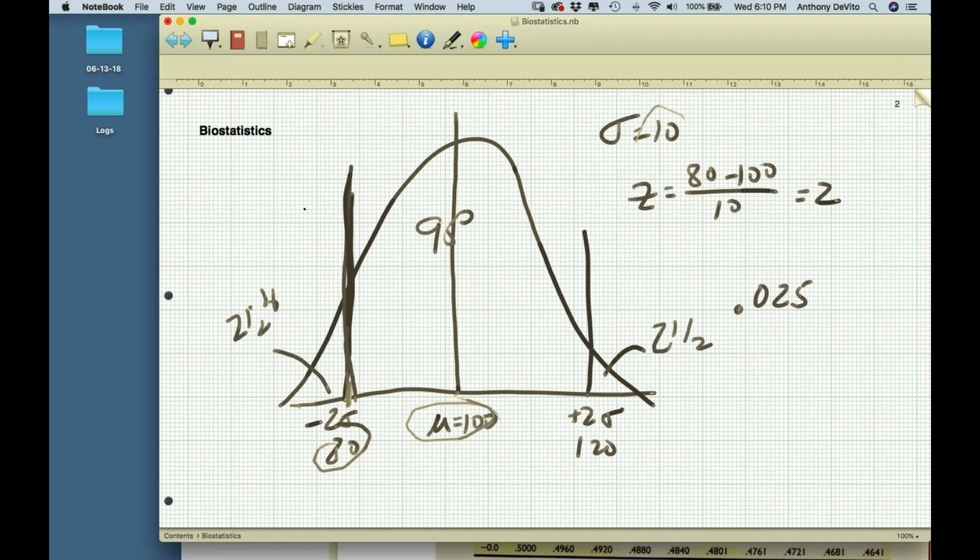Let me pull that back up here. So it's not 2.5%, it's not 0.025. It's 0.0228, or somewhere around that. It's less than that. So that's a problem. Really, 95% of the population is not that far over. It's a little less, because we need to get that to 2.5. It's going to be a little bit to the right of that.